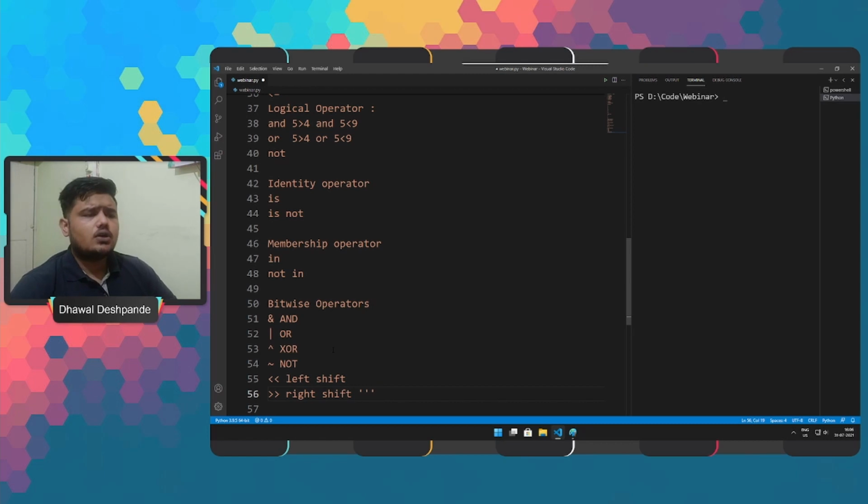So these are all the operators that we come across when we are working in Python, right? So moving forward, let's understand the different kinds of data types that we have discussed.